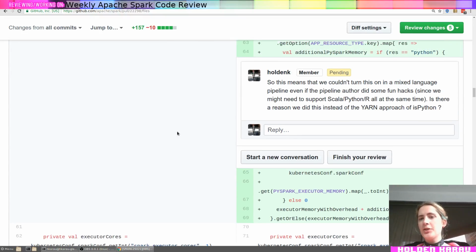And so this is just, by doing the string comparison, it means that if I write a mixed language pipeline, which uses Python and R, Scala, you know, I just can't set my app resource type correctly and get the behavior that I want here.